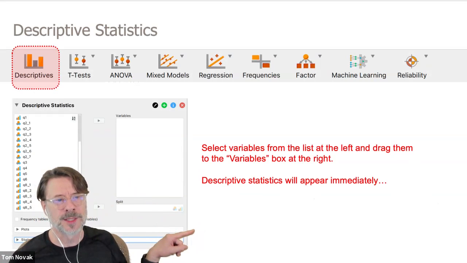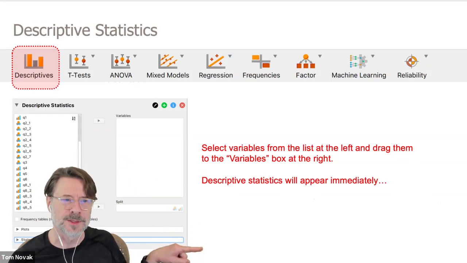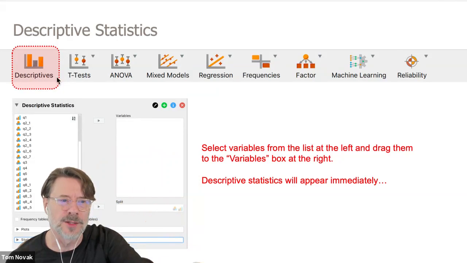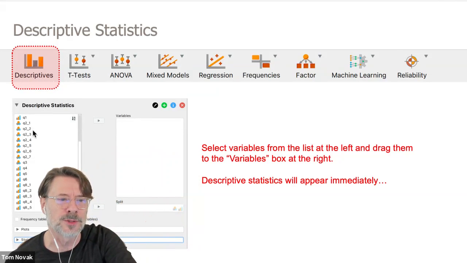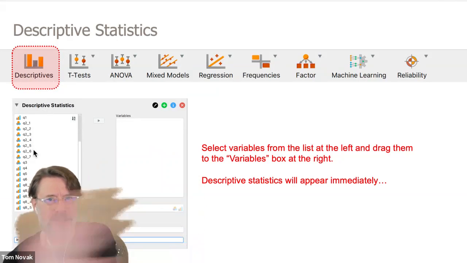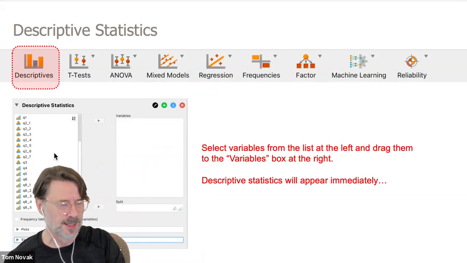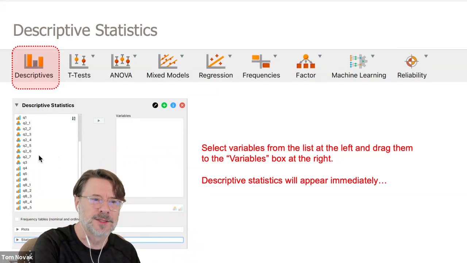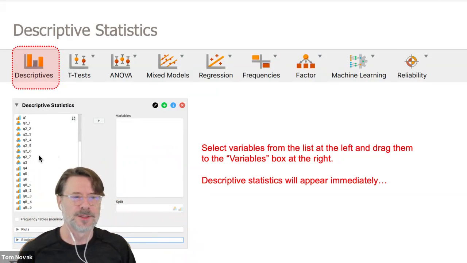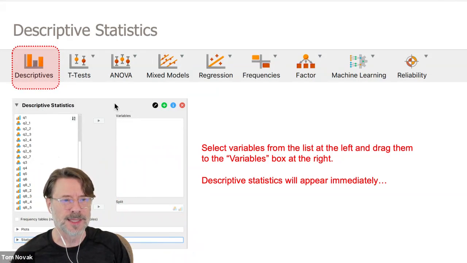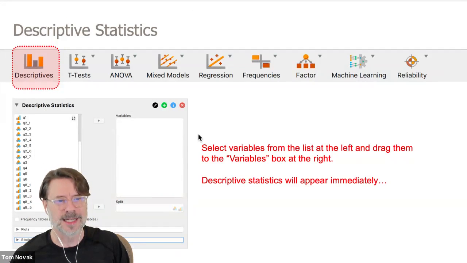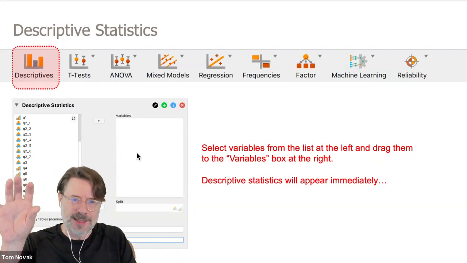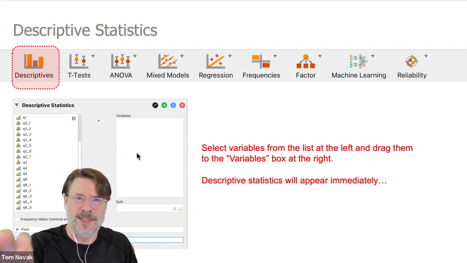So you have a scroll window that has all your variable names. However you've named them, they've come this way in the data set you've downloaded. Q1, Q1 underscore 1, they're in order from left to right in your spreadsheet in this long list here. Every single variable is there. What you basically do is you select, you can click them and drag them over. You can drag them using that little arrow button in the center, or you can just literally drag them over. And as soon as you do that, JASP will immediately show statistics in the output